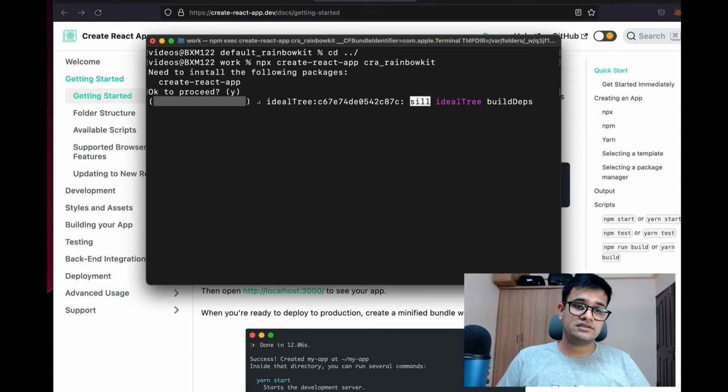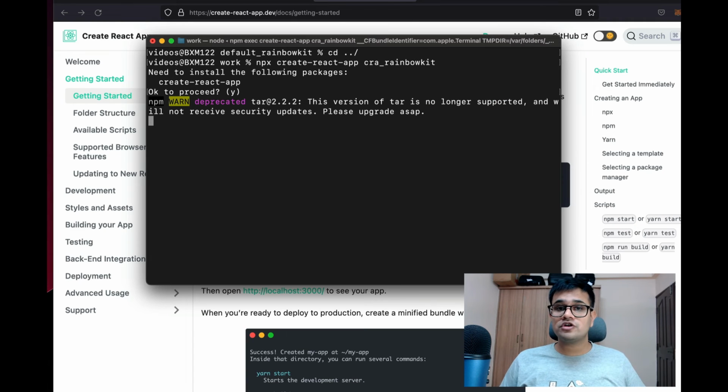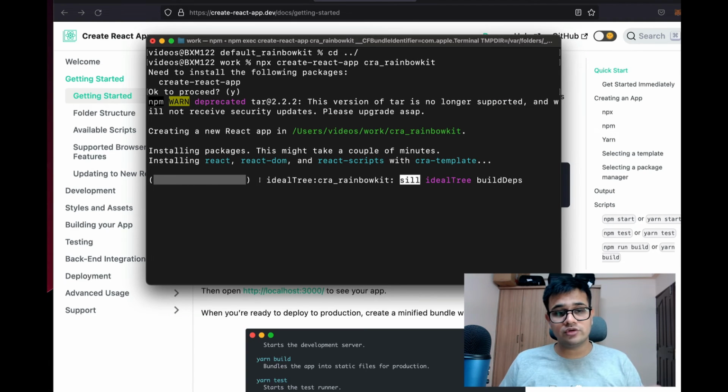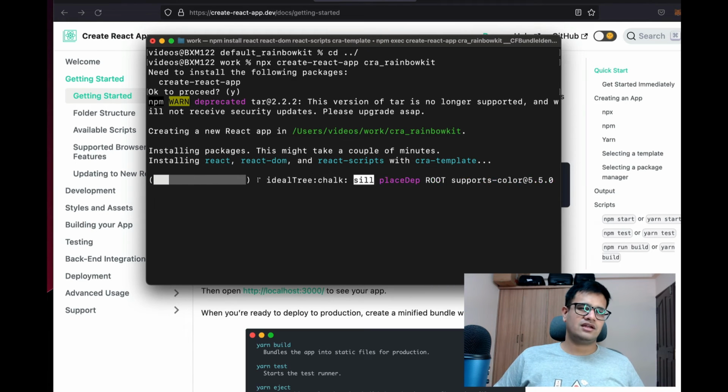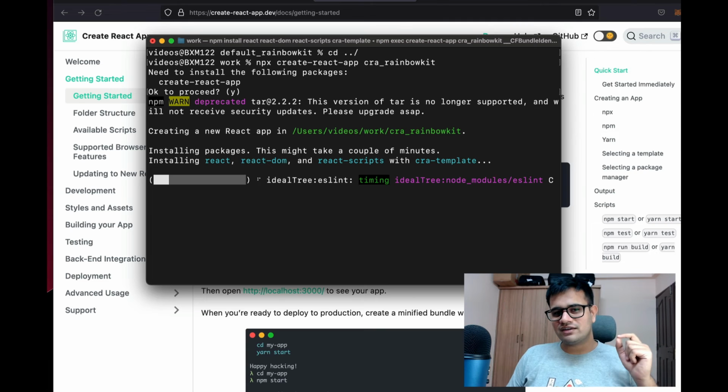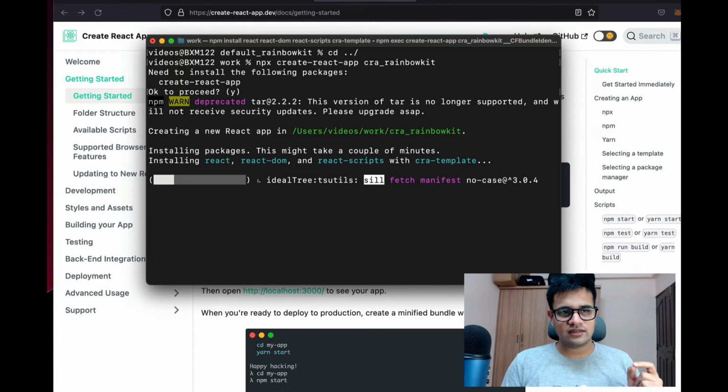So I'm going to say yes. If this is the first time that you're going to do this, then it will say the same thing for you as well. But once you install it, you can use it a second time and it will not say the same thing. All right, so once it creates the React app, the next thing we will do